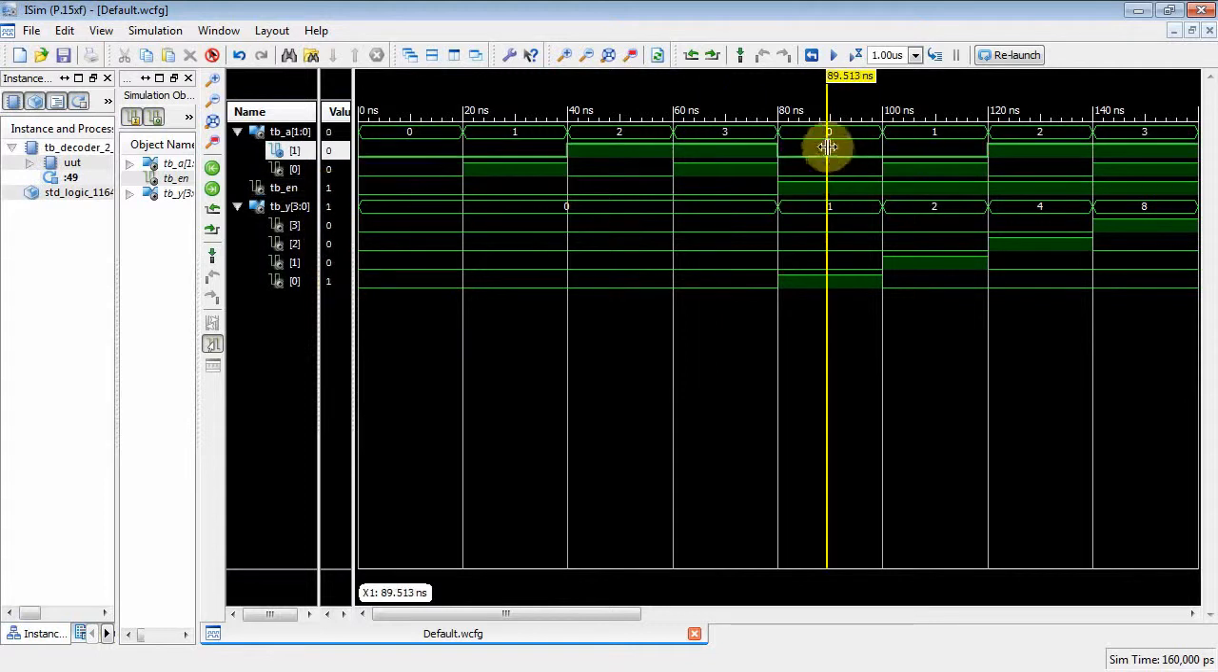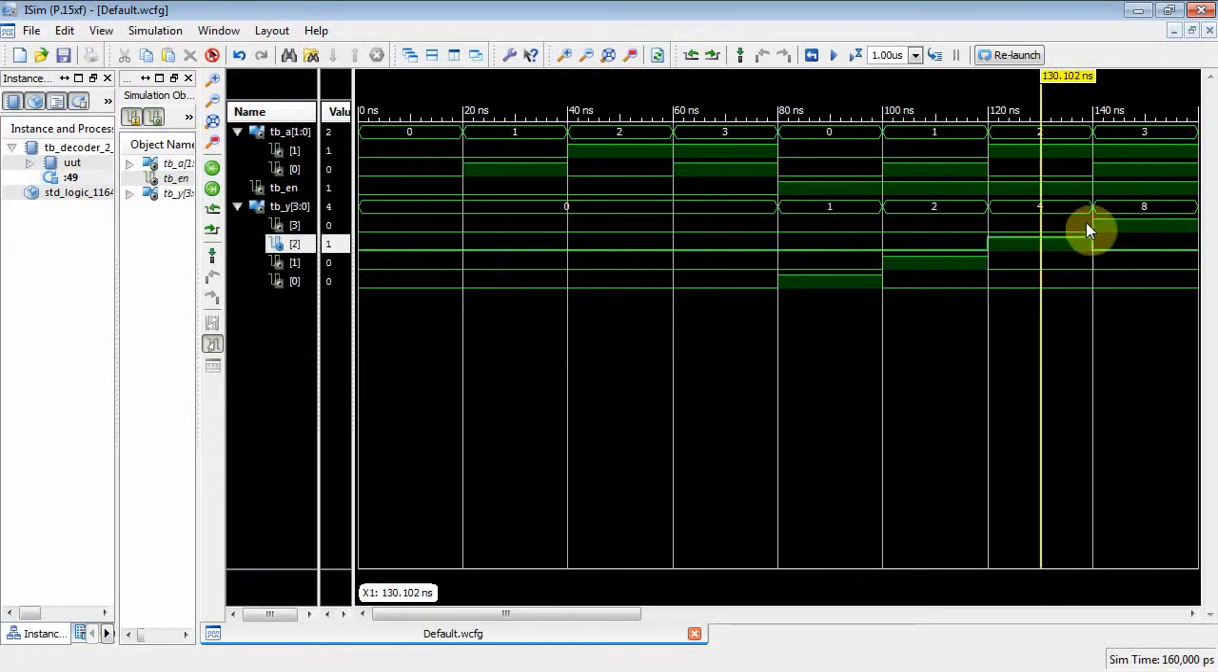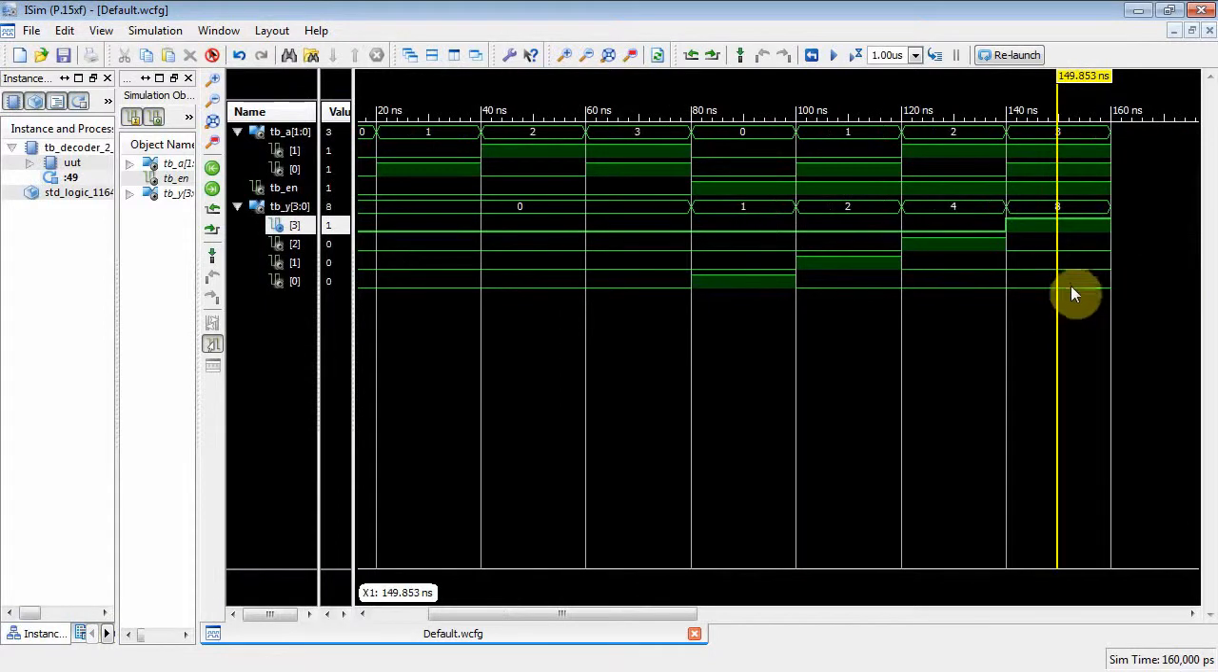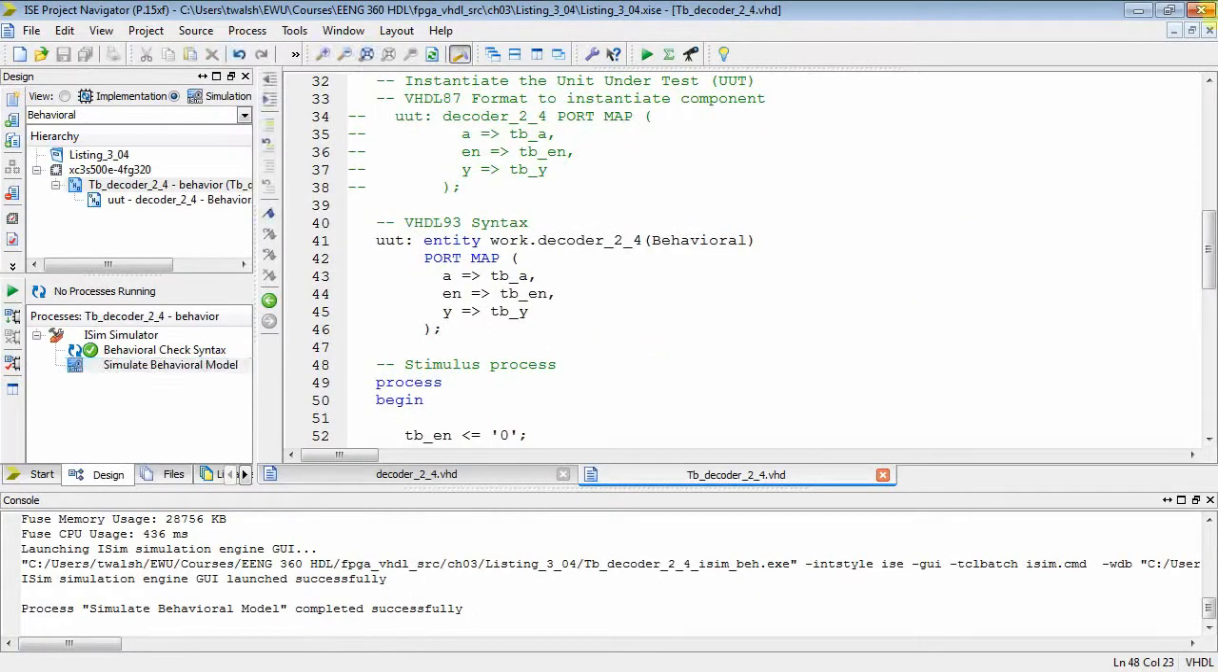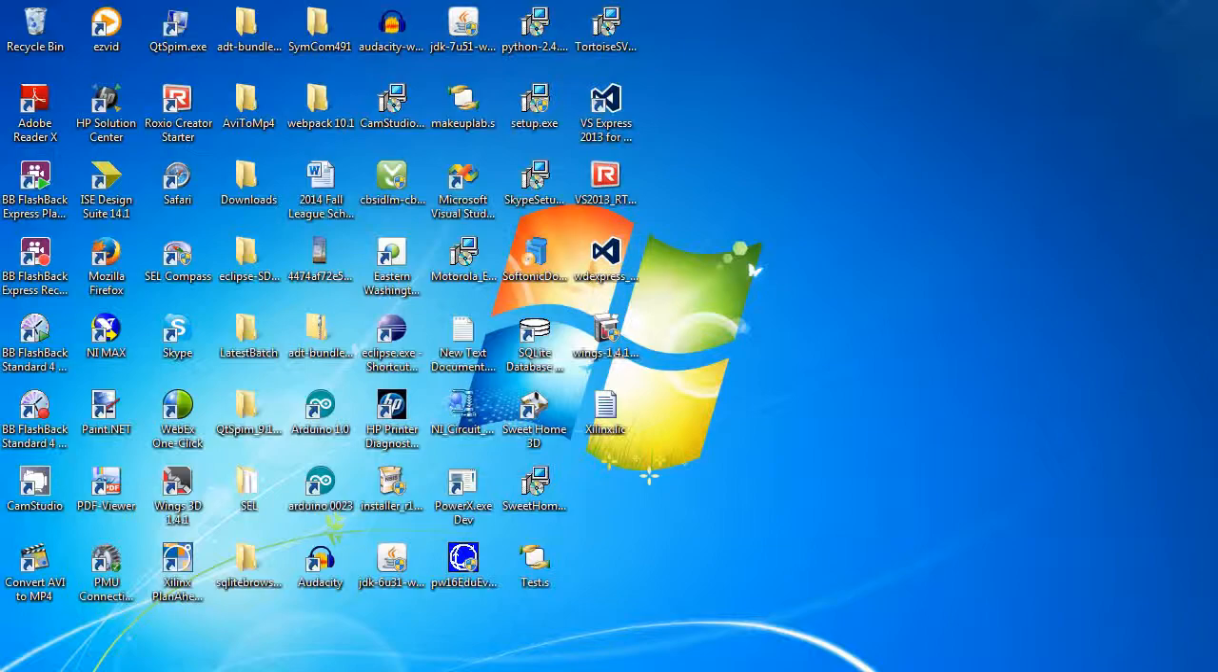Here we enable the device. Y0 gets asserted. Y1 gets asserted. Y2 gets asserted. And Y3 gets asserted. All right? Yeah, there you go. We're good. All right, I'm going to stop right there. You might want to look at this and see if you can figure out how to make it an active low decoder. Okay. All right. We'll close all that stuff, and we